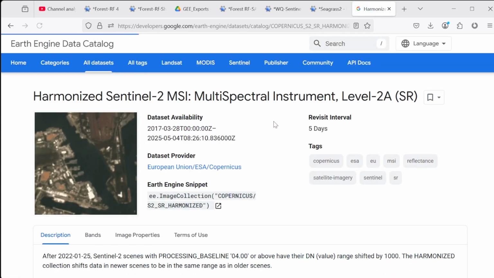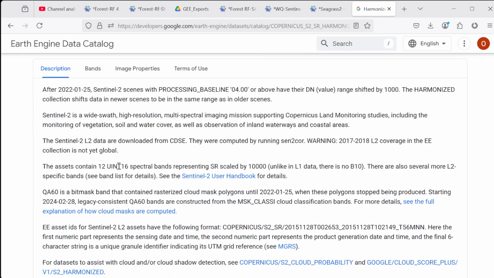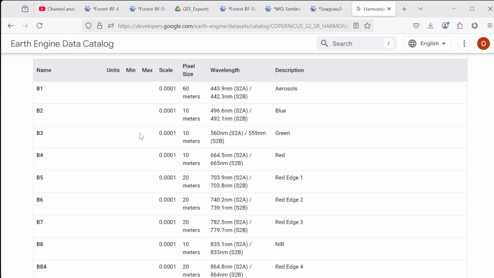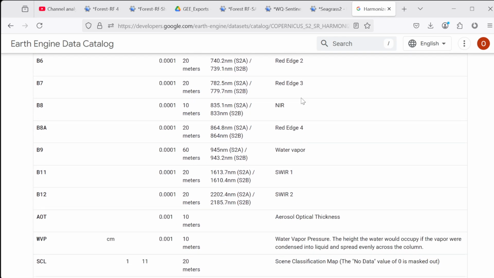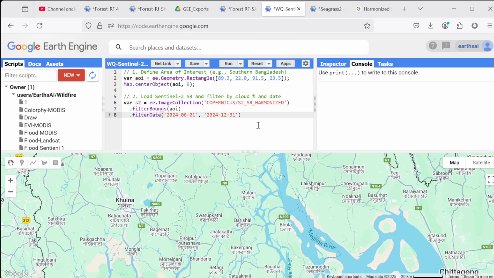We use the harmonized version of this, available from March 2017 until now with a revisit of 5 days, and you can find the full description and user guides here, and the description of the bands and the wavelengths here. We selected this and filtered bounds with the area of interest, and we filtered the date